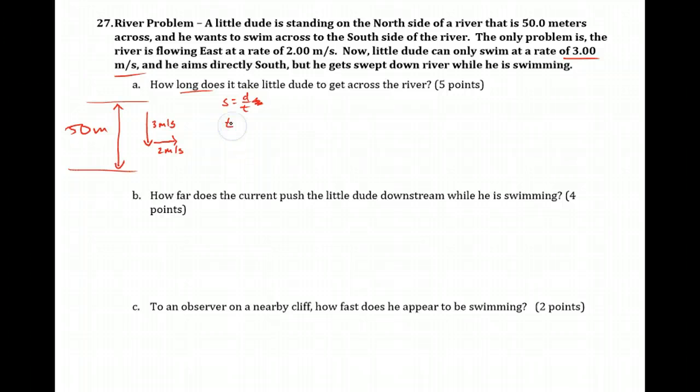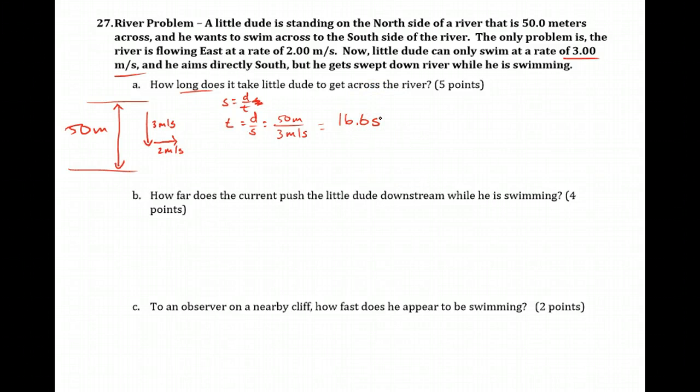So time would equal distance over speed, which would equal 50 meters over 3 meters per second, and that's going to equal 16.6 seconds